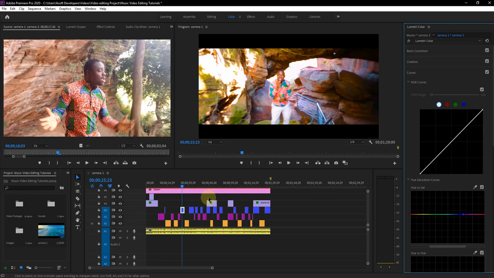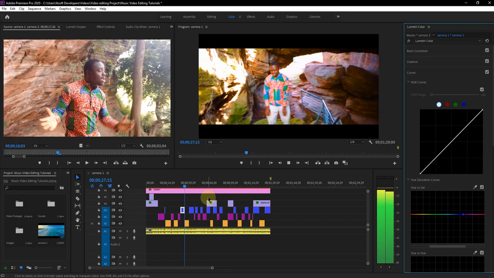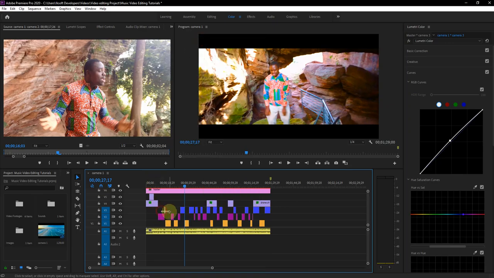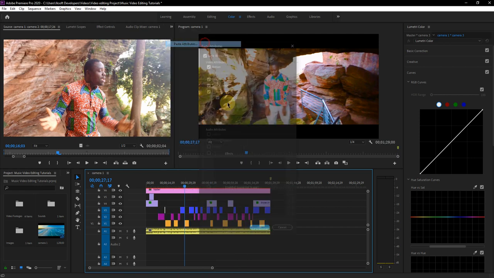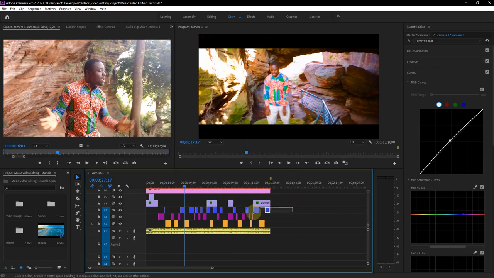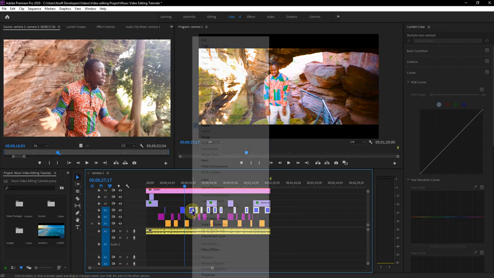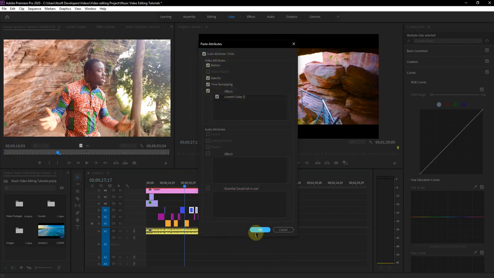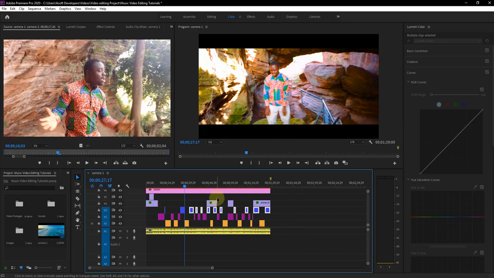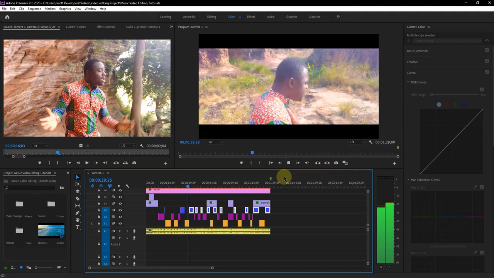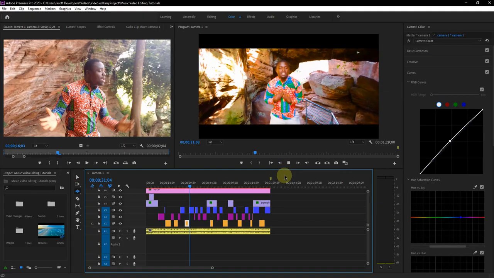Let's see. Okay, so I think I really love this. Let's raise this curves a little, and with this, let's copy. Now we've left one at the back, so let's paste the attribute for this, and let's highlight all of them, and only this, and then let's paste the attribute here, and that is going to take effect on all of them, right? So you just have to play. You see,